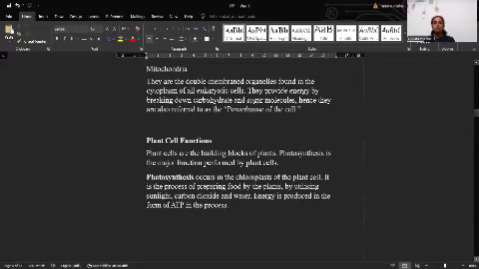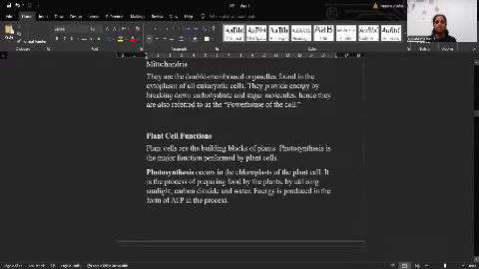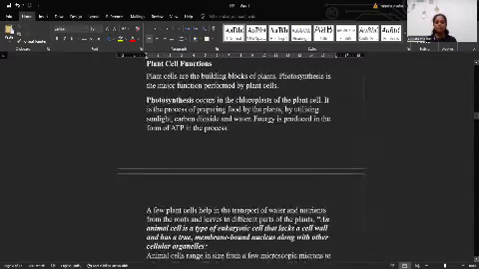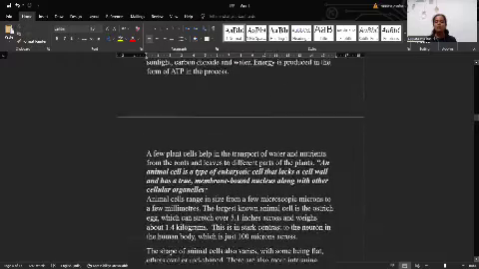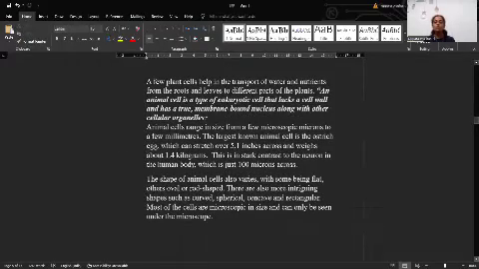Plant cell functions are like the building blocks of the plants. Photosynthesis is the major function performed by the plant cells. Photosynthesis occurs in the chloroplast of the cell. It is the process of preparing food by the plants by utilizing sunlight, carbon dioxide, and water. Energy is produced in the form of ATP in the process. A few plant cells help in the transport of water and nutrients from the roots to leaves and different parts